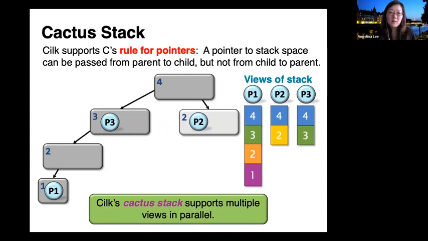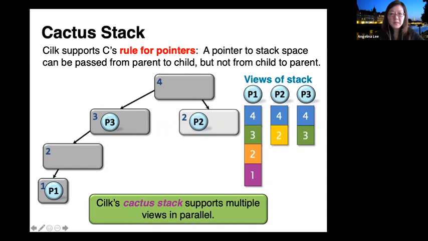And if you think about normal execution, worker 1 would see the stack frame corresponding to fib of 1 and all its ancestors up to fib of 4, which means that P1 basically has the view of the stack of fib of 4, 3, 2, and 1. Fib of 2, on the other hand, will have the view of the stack frames fib of 4 and fib of 2. And note that this fib of 2 is a different function instance of the fib of 2 that worker 1 is seeing. And similarly, worker 3 will see the function frames of fib of 4 and fib of 3.